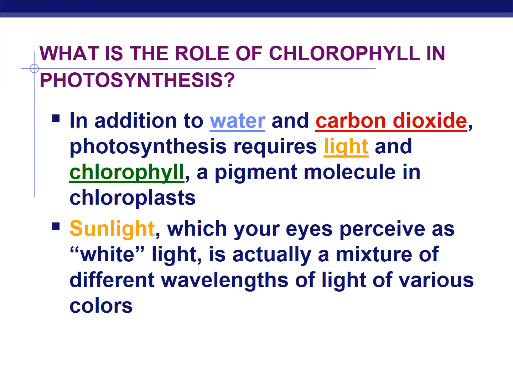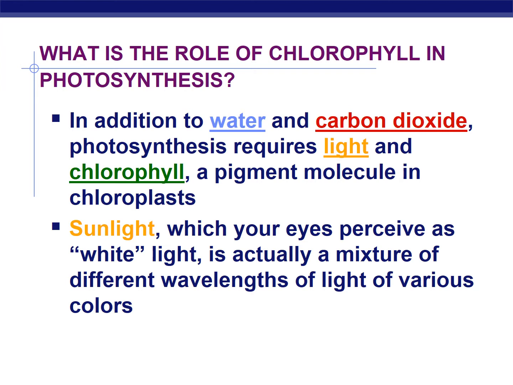So chlorophyll, we had mentioned, is a pigment. It's a green pigment in plants. There are other types of chlorophyll, but the one we're going to be concerned about is the green one. So green chlorophyll is actually going to absorb all colors of light except for green. It reflects green, okay? So when chlorophyll is absorbing red and blue and the other colors, it's actually absorbing that energy, okay? So in addition to water and carbon dioxide, photosynthesis will require light and chlorophyll, which is a pigment